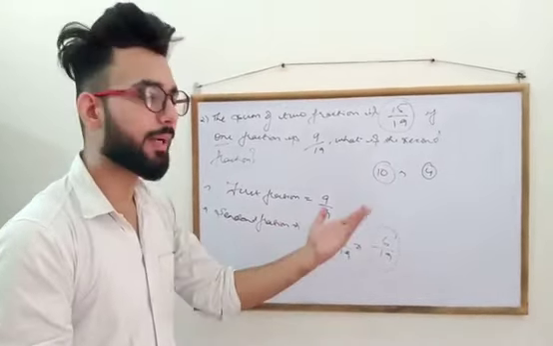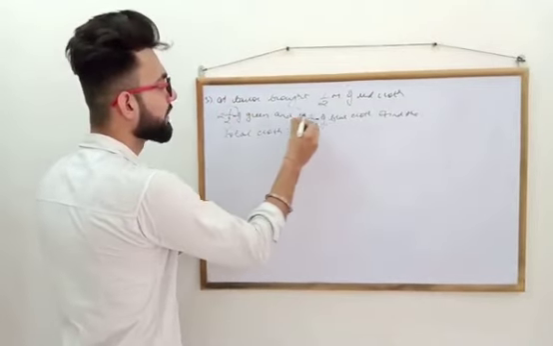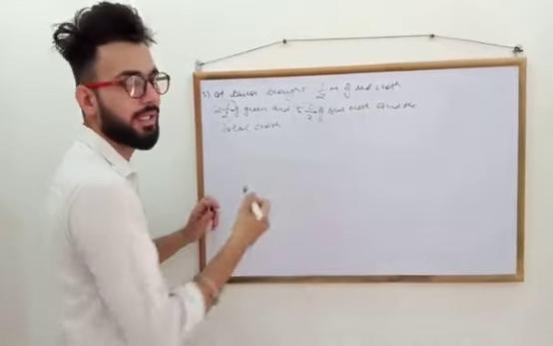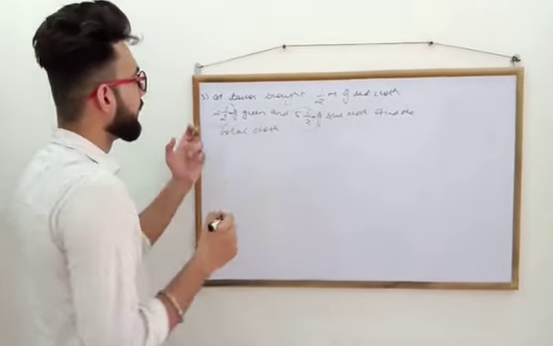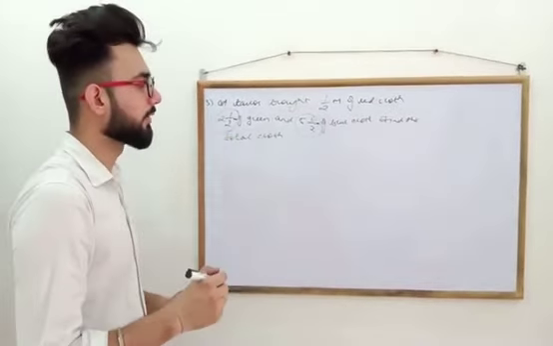Let's move on to the third question. A tailor bought 1/2 meter of red cloth, like half a meter of red cloth, 2 whole 1/2 meter of green and 5 whole 1/2 meter of blue cloth. Find the total cloth. First, you can see over here that these are mixed fractions, and this is the last kind of fraction word problem which we are solving today. So, mixed fractions with like fractions.